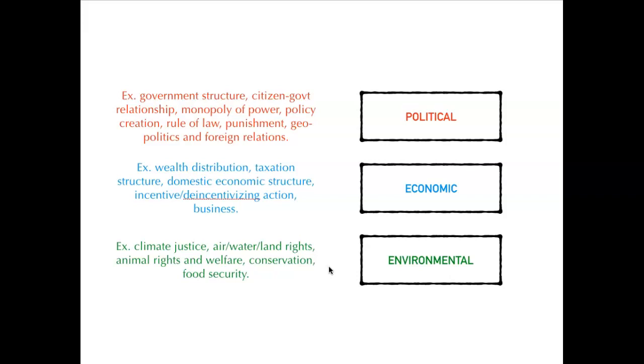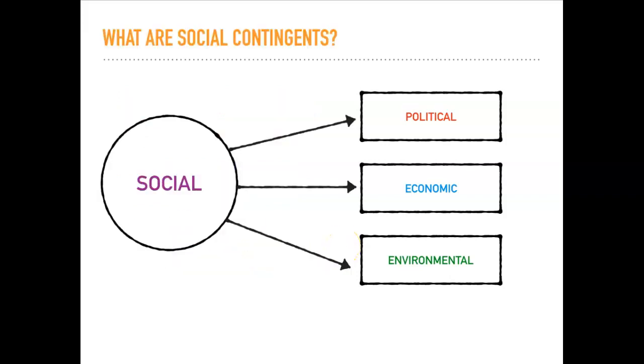And here, examples such as climate justice, air, land, and water rights, animal rights and welfare for animals, conservation, as well as food security are all considered parts of the environmental contingent. So taken together, you can see how all of these pieces, and I'm going to pop back here, kind of fit together to create a social